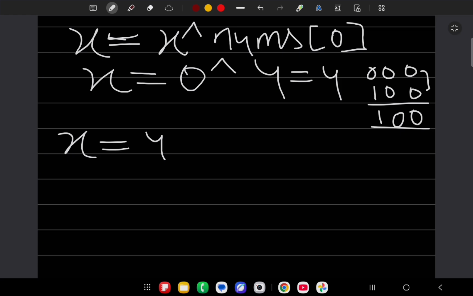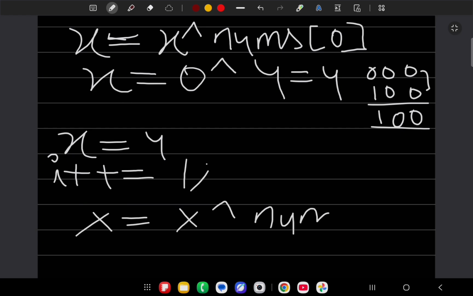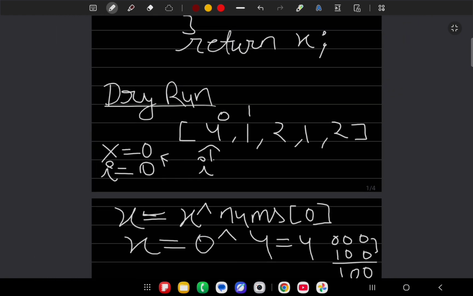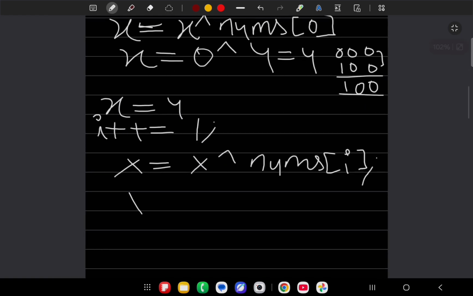Okay. Now the loop continues and i will plus plus. Now i becomes 1, and x equals x XOR nums of 1. What is nums of 1? Just check it out. Nums of 0 1 2 3 and 4. What is nums of 1? That is 1. Now i points here, not there. Okay, take an XOR with the existing x. What is the existing value? 4 XOR nums of 1, which is 1. Take the XOR of 4 XOR 1.